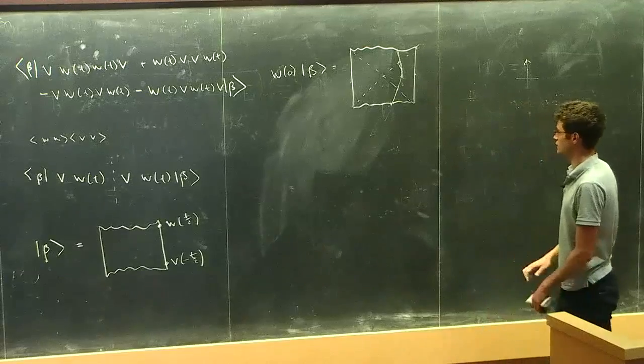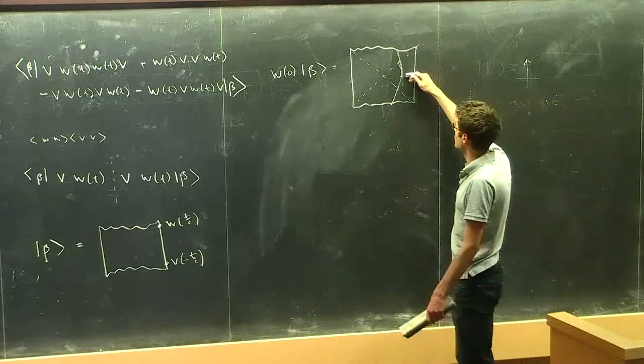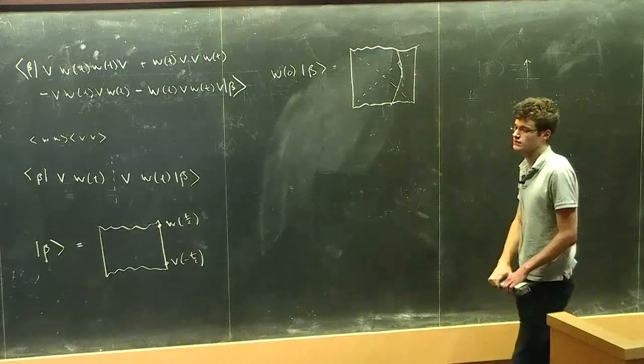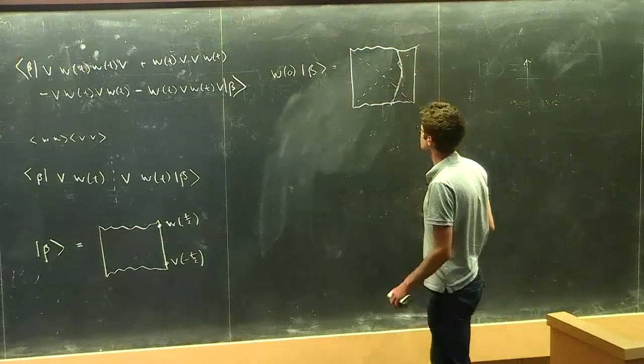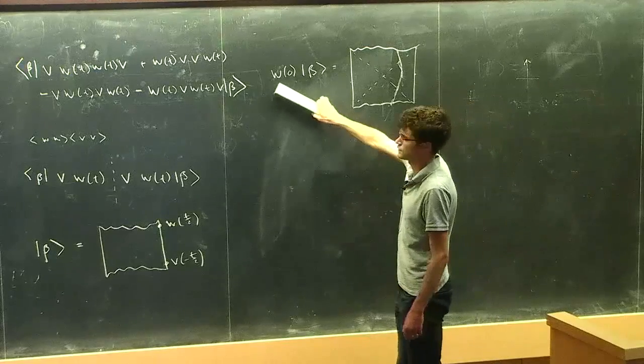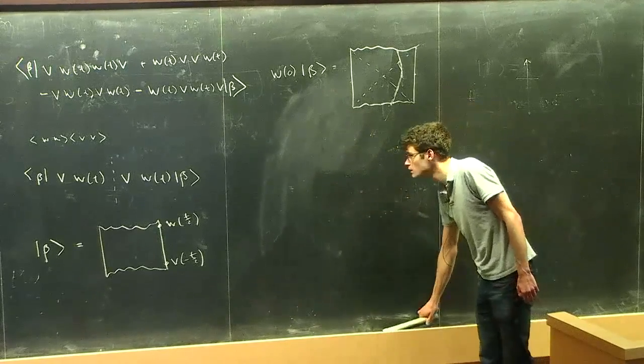If we follow the evolution of this quantum forward in time, it falls through the future horizon. If we follow it backwards in time, it falls through the past horizon. I'm drawing here a classical trajectory, but really the correct description of this would be a wave function for the quantum sourced by this W operator.